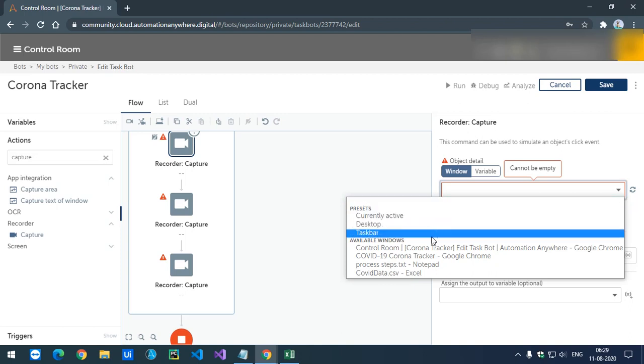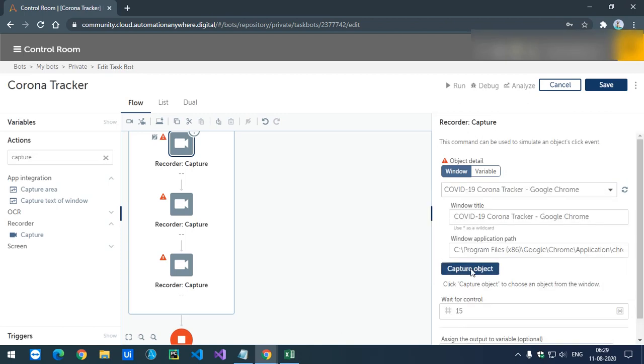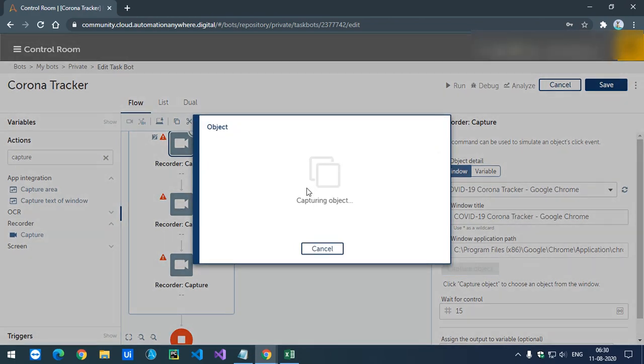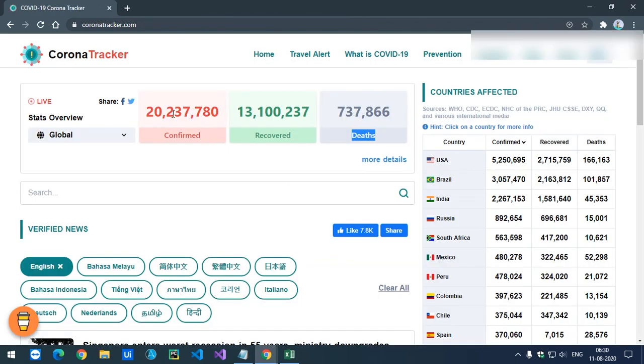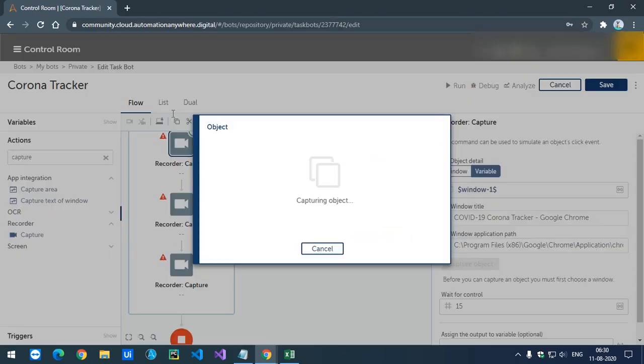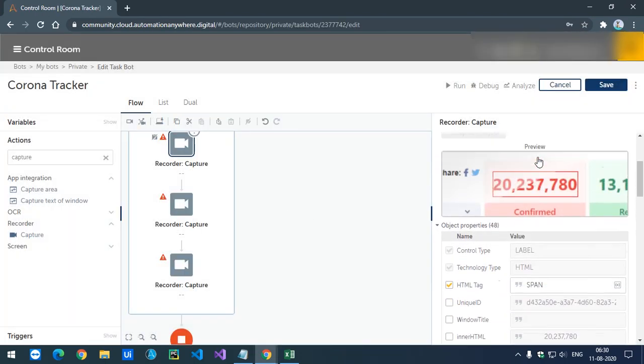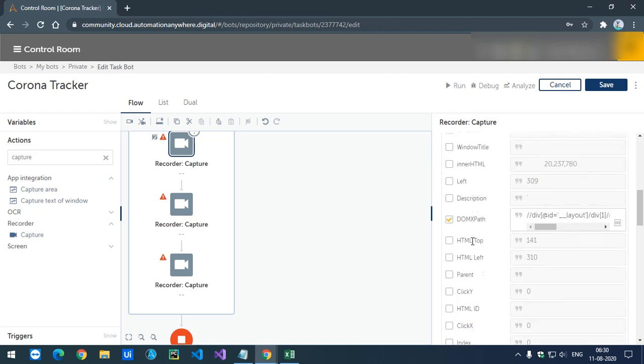Now here is COVID-19 corona tracker, Google Chrome. We just capture the object. This is the first object I want to capture, confirmed cases. So this is the object I captured.